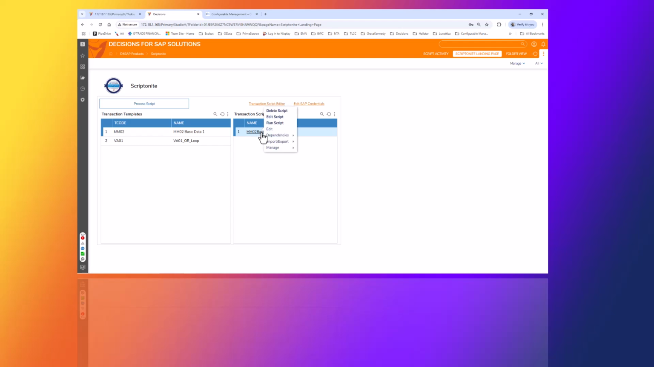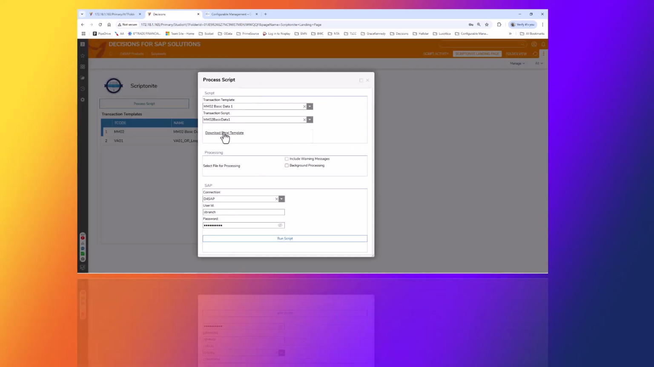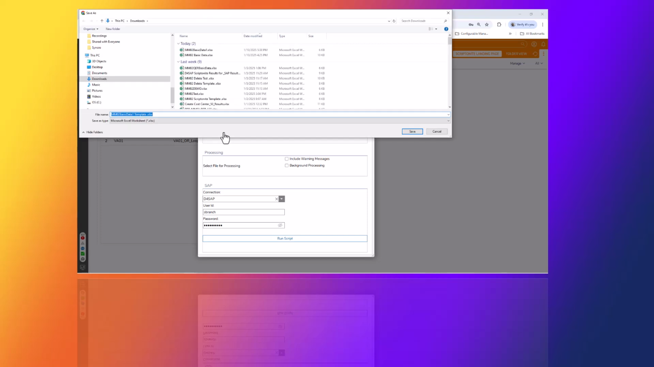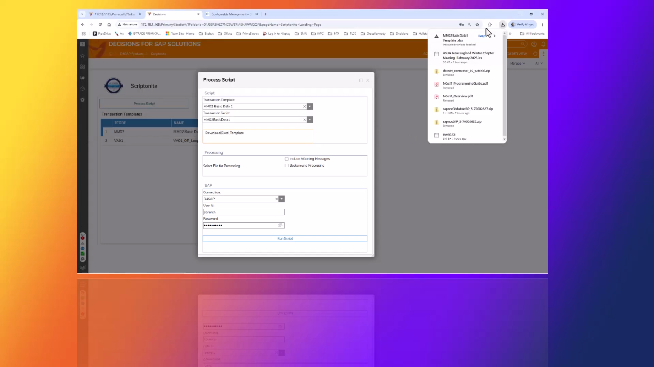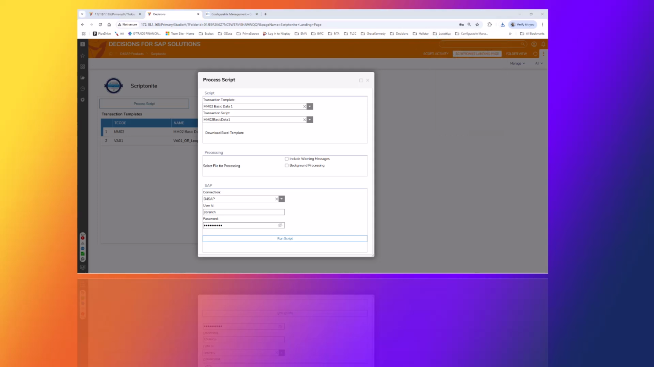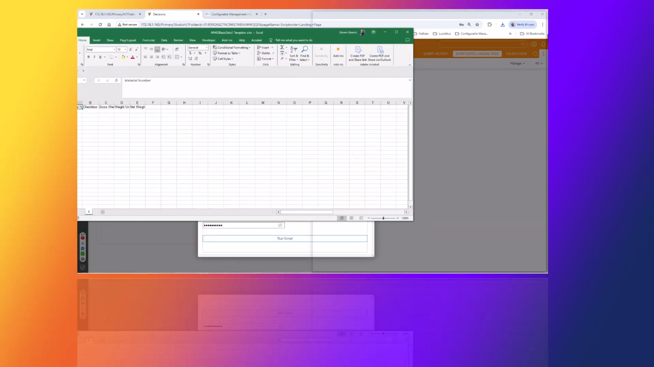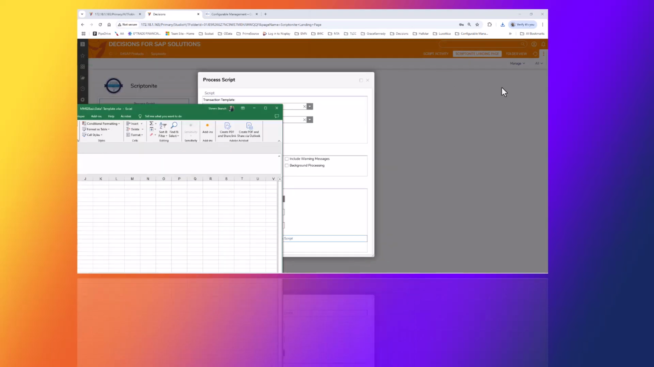Now, if I right-click, I can edit this script as well if I have administrative privileges, but I'm going to select Run Script. First thing I need to do is download my template, right? So I'm going to download this template. And this is what that template looks like